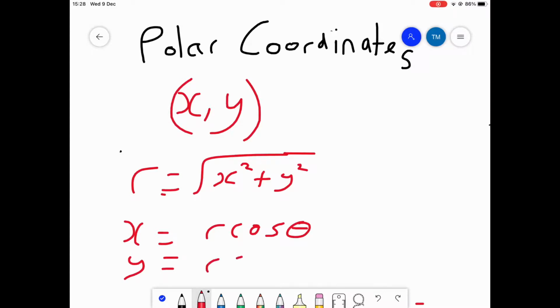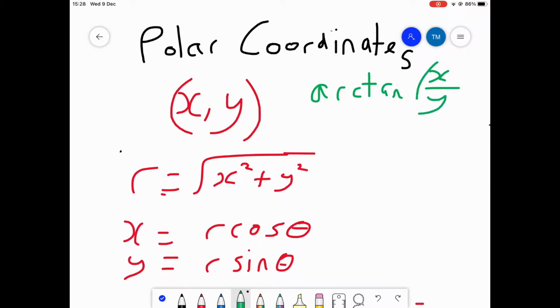r sine theta. Now you're probably wondering where these random things came from, but we can in a way derive them. Before we said that arctan of x over y equals theta. Well, let's look at that here. If we do x divided by y, we get x divided by y equals r cos theta over r sine theta, which is,